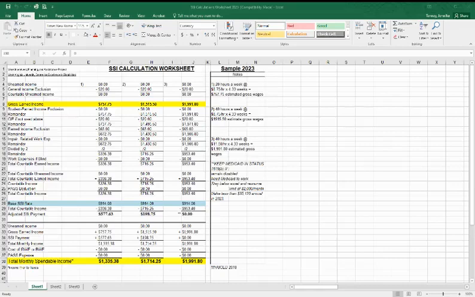What's the definition of regularly attending school? This is straight out of the Social Security Red Book. Regularly attending school means that you may take one or more courses of study and attend class in college or university for at least 8 hours a week, in grades 7 through 12 for at least 12 hours a week, in a training course to prepare for employment for at least 12 hours a week or 15 hours a week